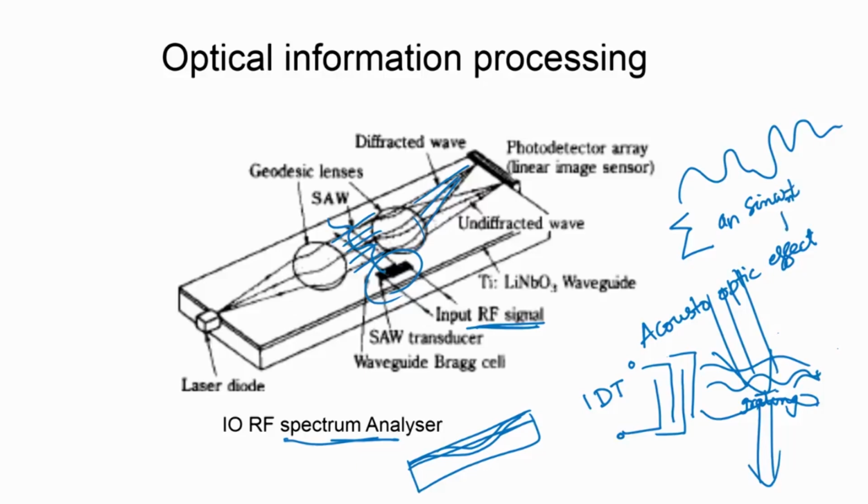That means there are several RF frequency components in this. Correspondingly, the grating that we create is a superposition of all of these, and we can say that the behavior of this device will depend on the RF signal. So, it is possible to work out, depending on the various components, in which direction the light is deflected by